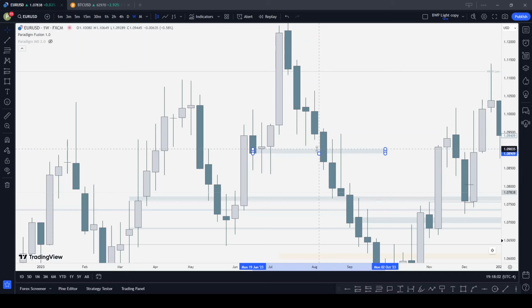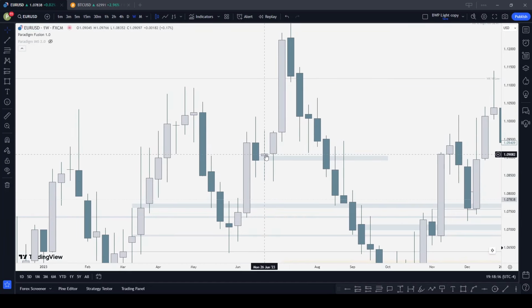So this is the open right there. Okay, so the new week opening gap formed between this down close candle and this bullish candle, right? At the close of this week, there was a close above this new week opening gap, right? So this new week opening gap is going to be confirmed bullish. Okay, and if we get a close below it, it is going to change its state from bullish to bearish. You can see from here we had a close below it, so the state of this new week opening gap,